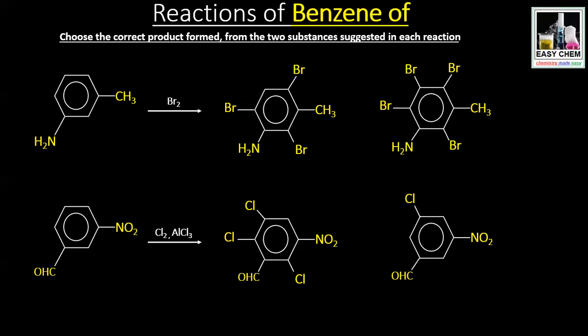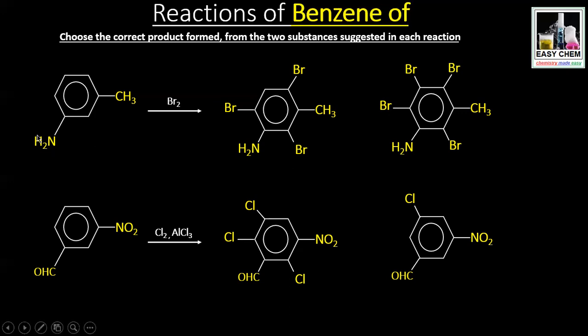Because it's an electron donor group, the two carbon atoms on either side of the benzene ring next to CH3 will get bromine. One bromine will come over here, another bromine will come over here. So it is seen in both the compounds. Now I go to NH2. NH2 will activate benzene